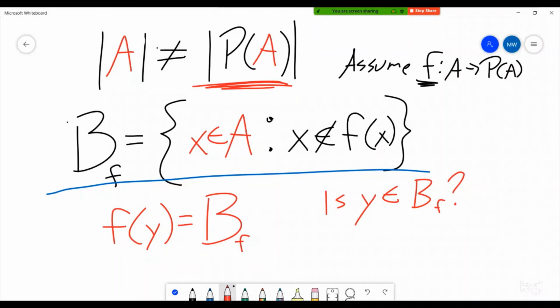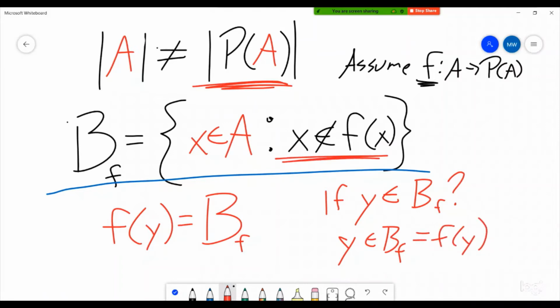No, because if we did say that y was in there, then y is an element of the Barber set of f, which is equal to f of y. So that tells us that y is an element of its image, which tells us that y cannot be in f of y. But if y is not in its image, then y has to be in the Barber set,